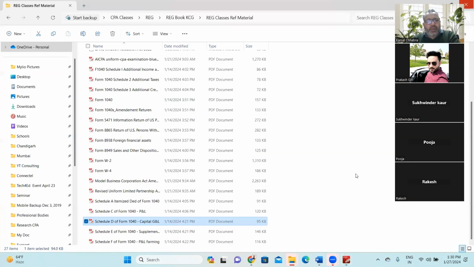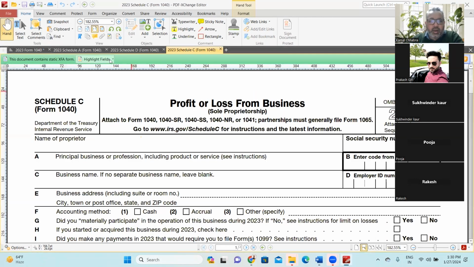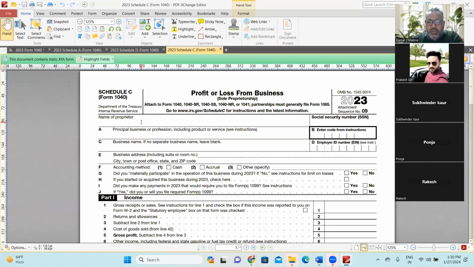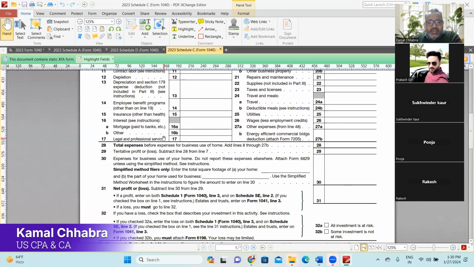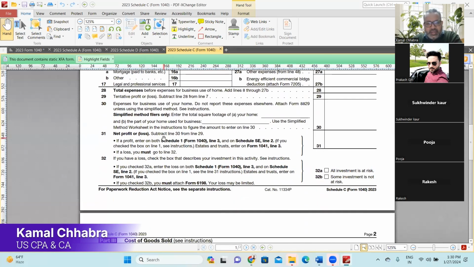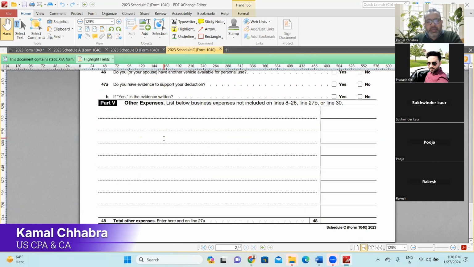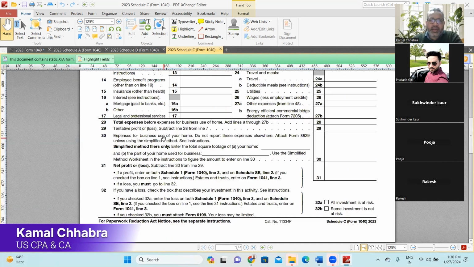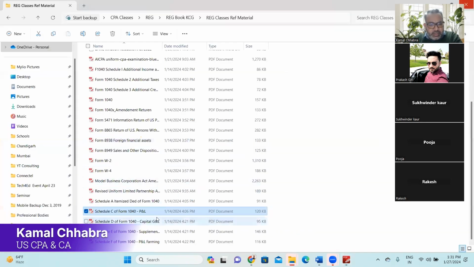In addition to that, if you have business income, like if you are a sole proprietor or partnership, then you need to file this form, Schedule C, along with Form 1040. In this Schedule C, you will be providing the detail of business, the income from the businesses, expenses of businesses, the computation of business income, basically cost of goods sold detail and other information, and the depreciation and everything which you are charging. So you'll be filing Schedule C if your client has business income, right? Then after, next one is